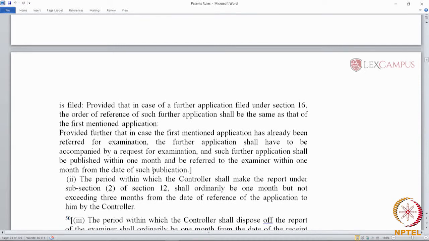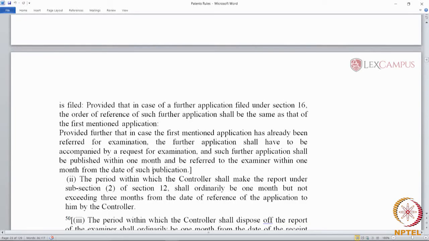So, this is the only scenario where a form 18 and a form 1 have to be filed together. In a normal case it is optional for you to file form 18 along with form 1, but in this case